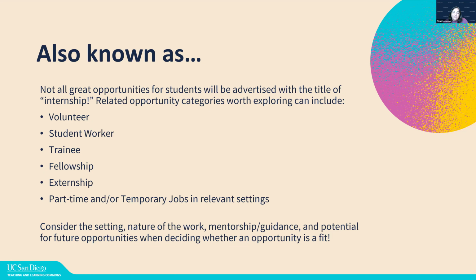Along a similar line, I just popped up another slide that says sometimes there's overlap between what these opportunities are called and what they do. Some things will or won't qualify for academic credit or what we define as an academic internship. But when you're searching for opportunities, you might think there are no internships, when they call everything a volunteer in that organization. And there can be differences between volunteering